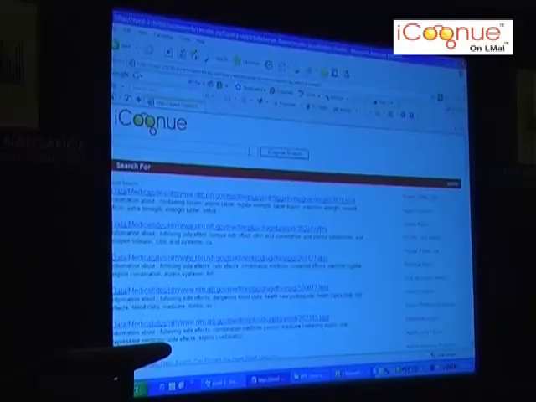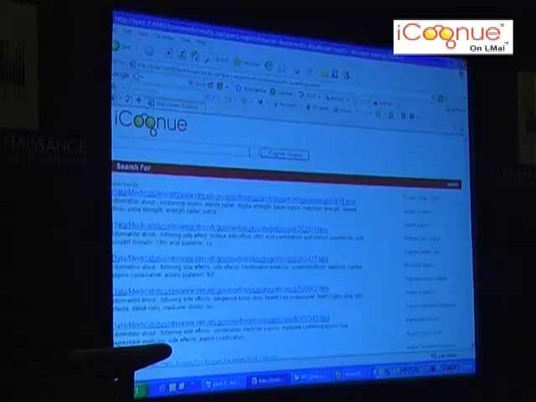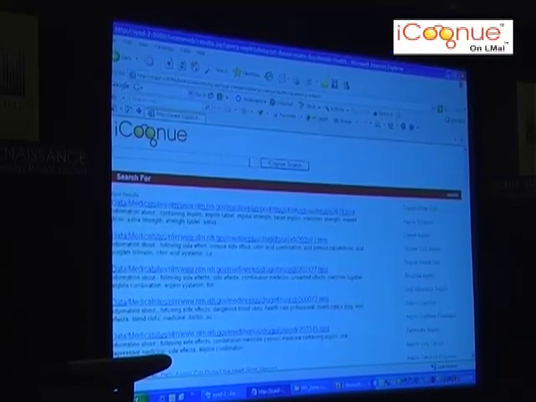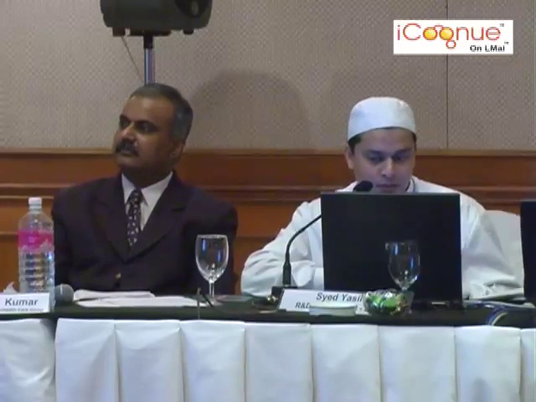Now, to tell you about the two problems which I discussed earlier, the polysemy and the synonymy problem. Synonymy is like, when I give Java, I don't get best results. Best results only come when the search engine is very confident, when the algorithm is very confident that this is what the user is looking for. Otherwise, it doesn't come. When I search for Java, now the algorithm gives me options, whether you're looking for